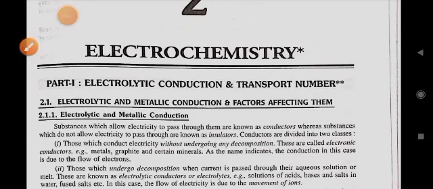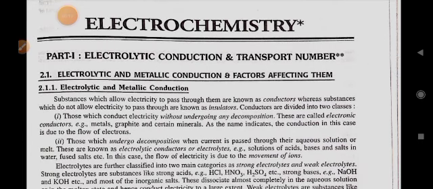Electrochemistry. Part 1. Electrolytic conduction and transport number. Electrolytic and metallic conduction and factors affecting them. Electrolytic and metallic conduction. Substances which allow electricity to pass through them are known as conductors, whereas substances which do